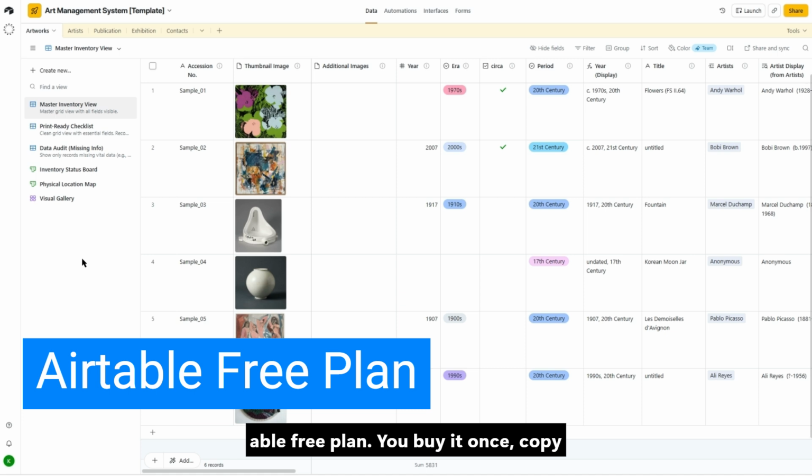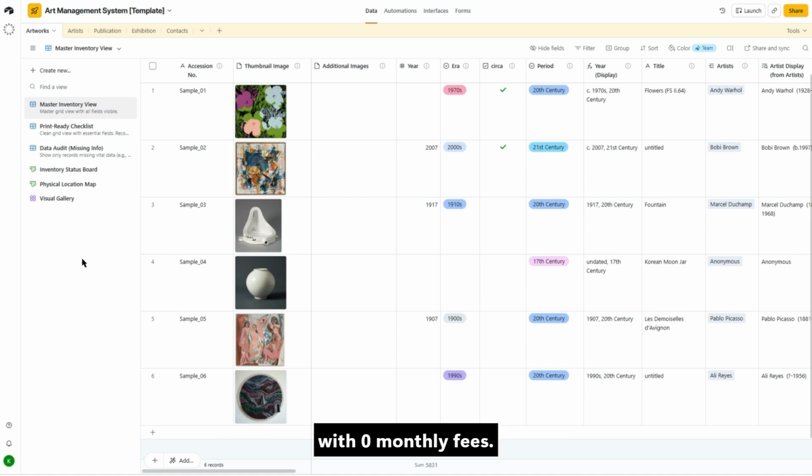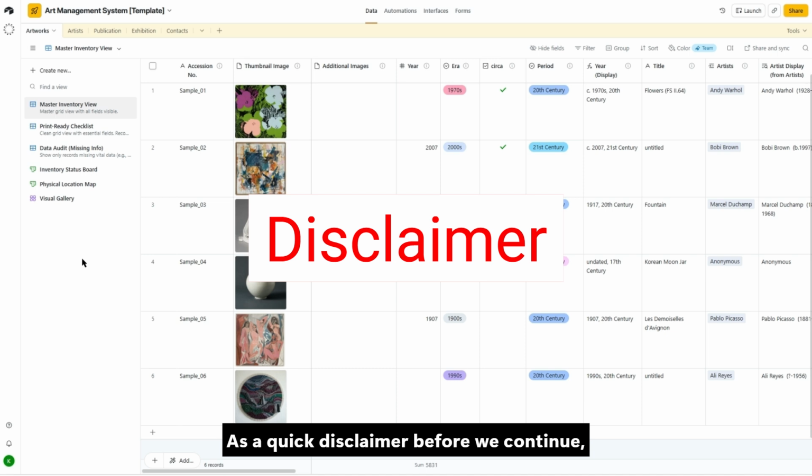You buy it once, copy it to your workspace with a single click, and own your infrastructure permanently with zero monthly fees. As a quick disclaimer before we continue, all the sample artworks you see populated in this template are